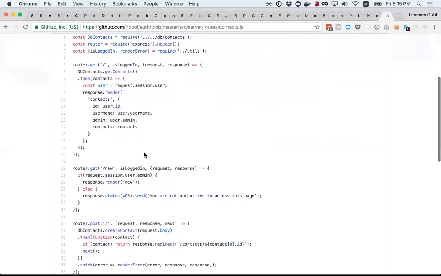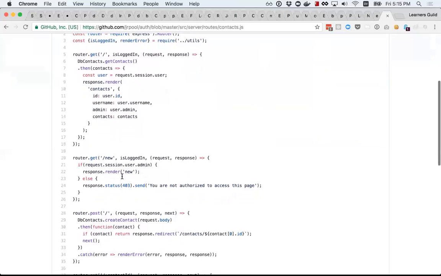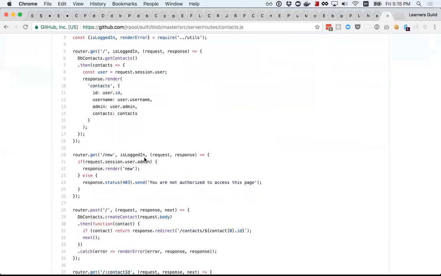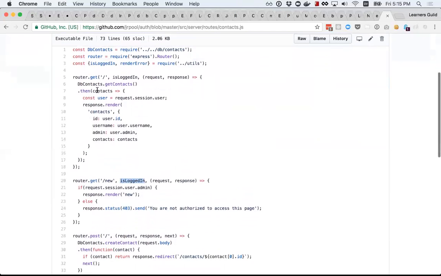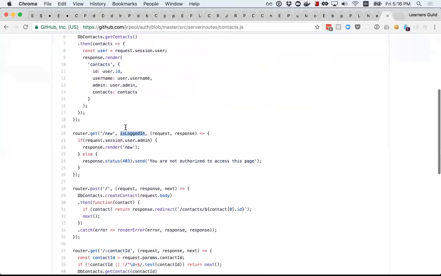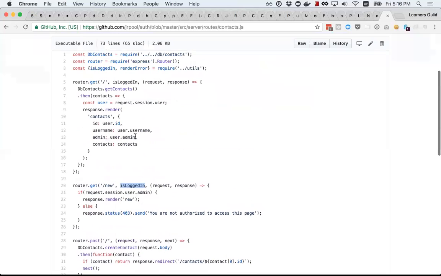So I think that's why I would say there's less to worry about when you make this a middleware and just attach it in a place above this, at the beginning of the file. Right. Yep. So that will just apply to all of the routes below. And then I think the name isLoggedIn